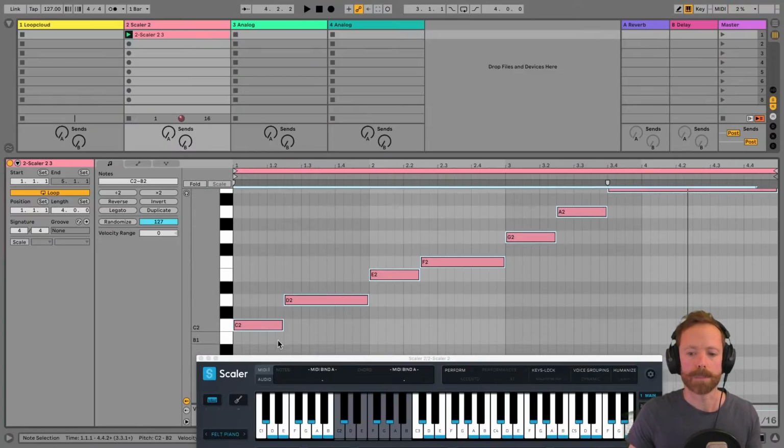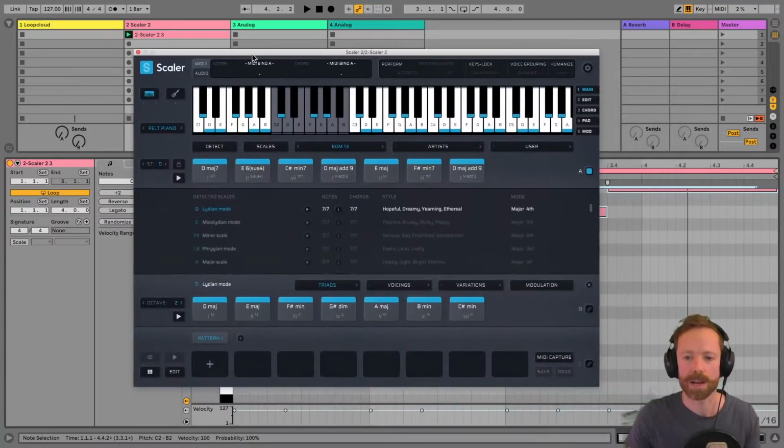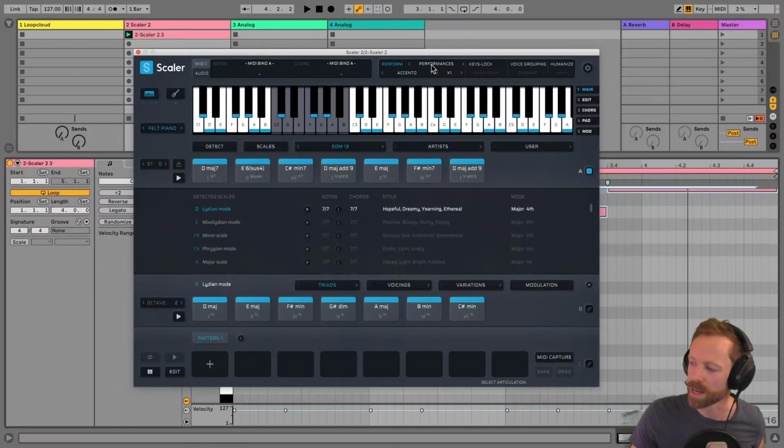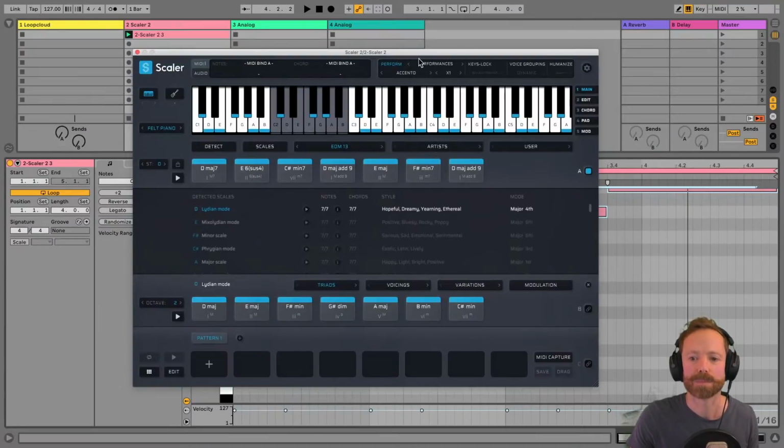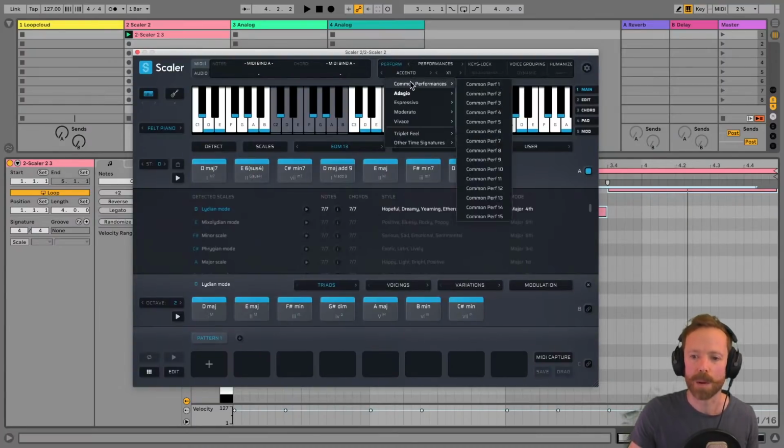Nice. And once you've got them in there, you can play around with the different performance modes to make more exciting, more dynamic rhythms. So we're going to turn that on and look at some of the different ones in here. There are so many in here now. It's ridiculous. You've got a ton more performance modes. You've got these common ones. Again, this is like the common sequences that we saw before, and it's like common ways of playing them, basically.